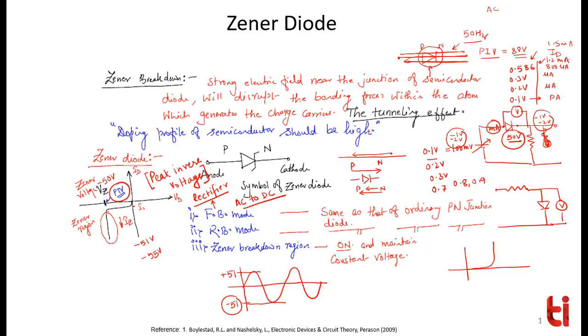So make sure always that whenever you are applying a diode in a normal kind of circuit where voltage regulation is not required, I'll tell you what the voltage regulation is later. So whenever voltage regulation is not required, the voltage across the diode should never exceed PIV. Always the applied reverse voltage should be lesser than PIV. If it is 50 volt, it should be 49. If it is 55, it should be up to 54, like this. Okay. This is the meaning of peak inverse voltage.